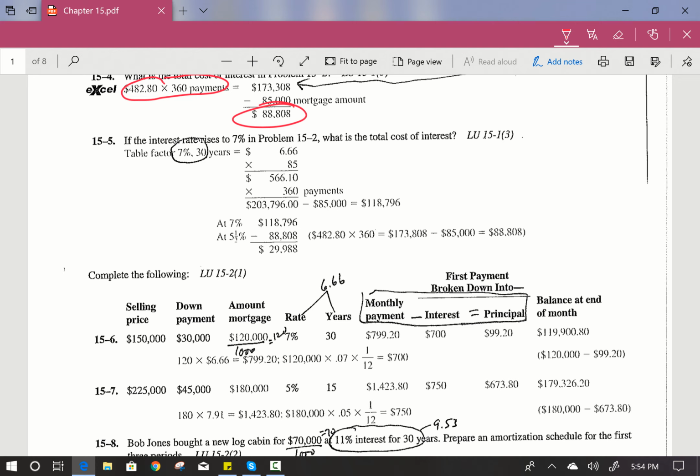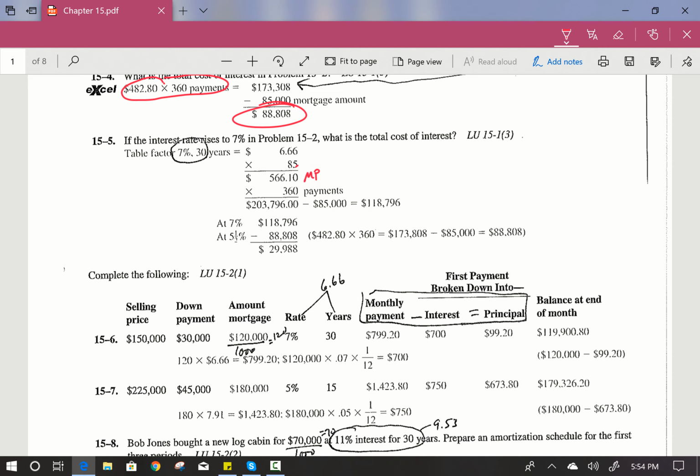Okay, multiply that times 85,000 divided by 1,000 will give us 85, so 6.66 times 85 gives us a monthly payment of $566.10. That's a 30-year mortgage, so we're going to take that times 12 months in a year to give us